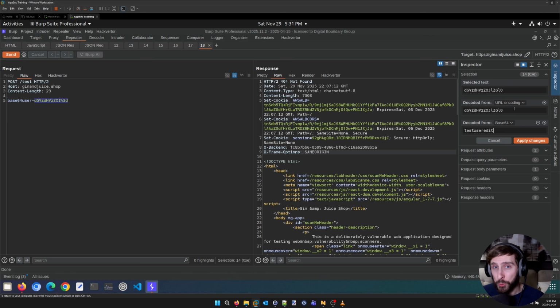Honestly, in my opinion, the inspector tool kind of sucks, and I wish it wasn't in Burp. I wish it would stop popping up in my face. It's terrible. I never use it. So we're going to ignore that completely, and I'm just going to show you the way that we can accomplish